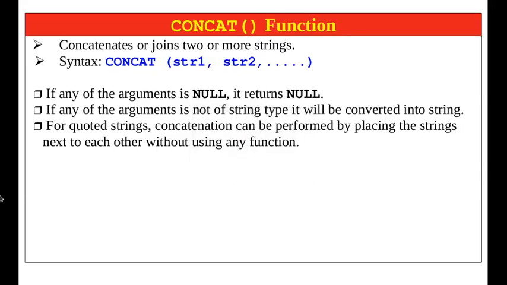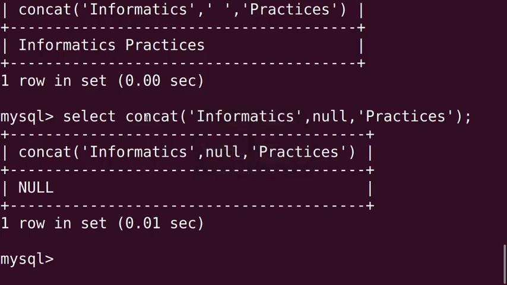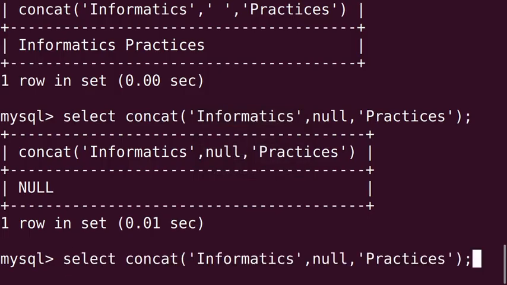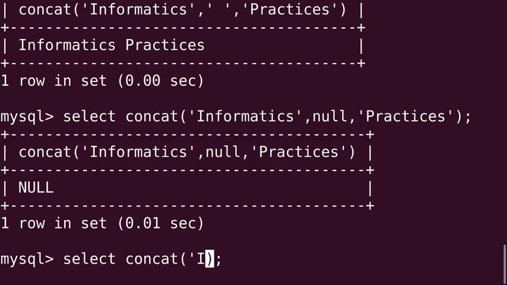Next point, if any of the arguments is not of string type, it will be converted into string. Suppose here we are taking the example rupees as the first string.